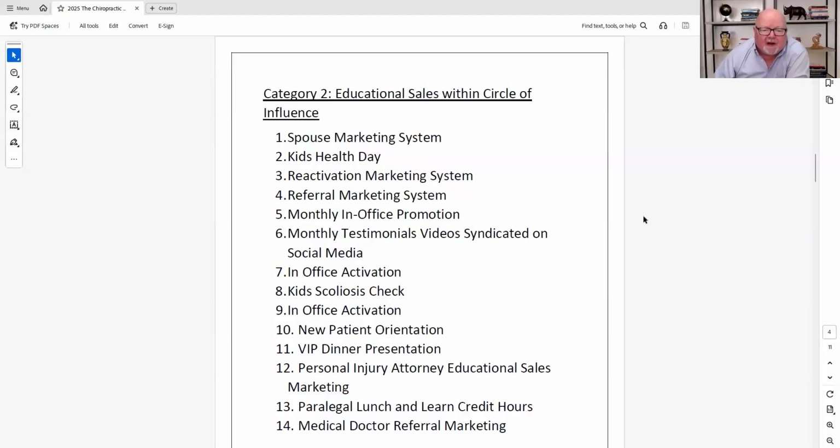And then we do the monthly and office promotion. And again, remember, it's better to do a few things periodically. That's why we say some of these are just natural systems that are built in, like the spouse marketing system. It's built in. That's day 5. It's not day 7. It's not day 10. It's day 5. It's trained in. Day 5, boom. They get that system at the end of day 5 when they come in. That's it. It's a system.